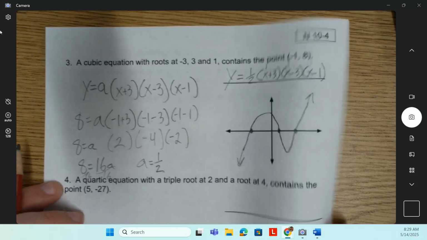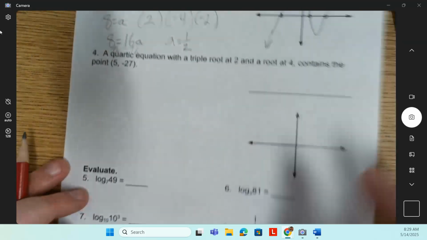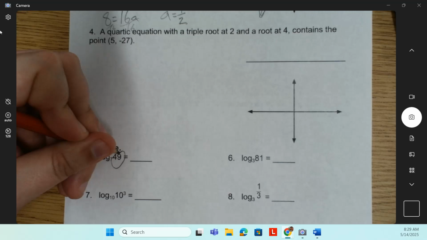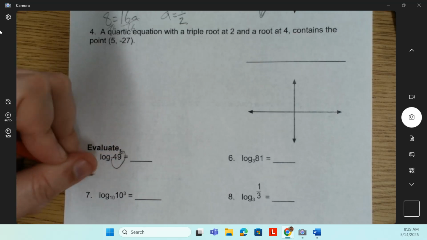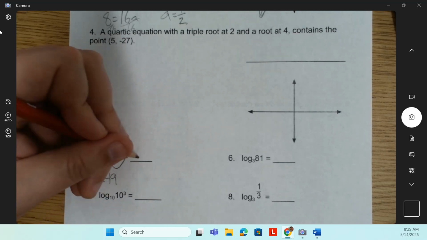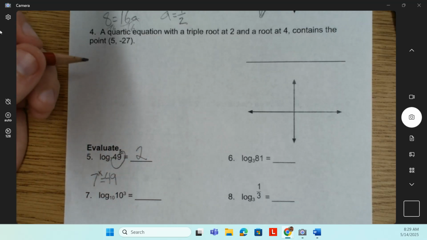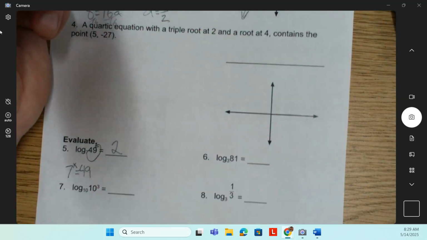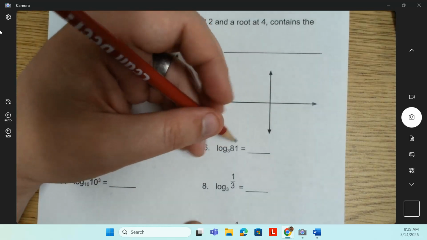Okay. Also might look down a little bit at the review of logs. Remember, as we're solving this, your easy way of solving it is saying 7 to what power equals 49, which would be 2. Or if we're having trouble with that, remember you always have your calculator option that you can do